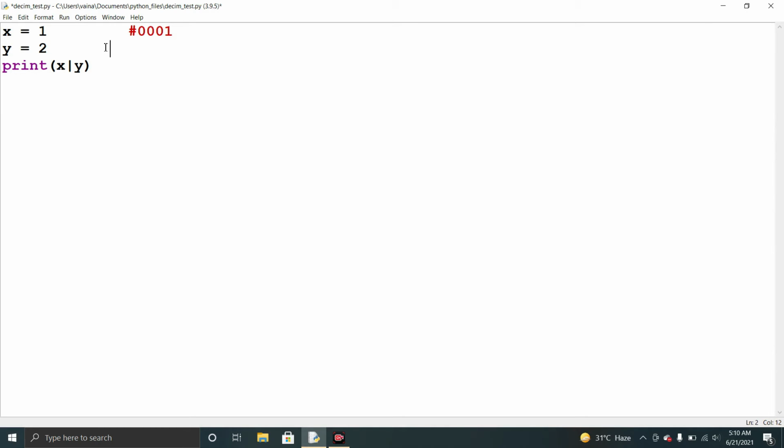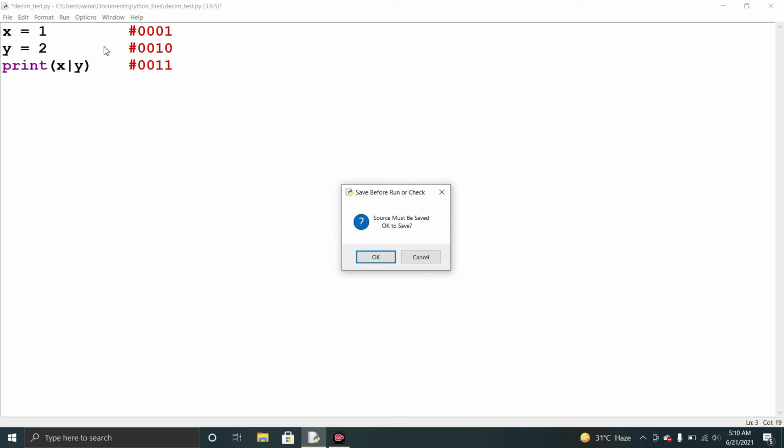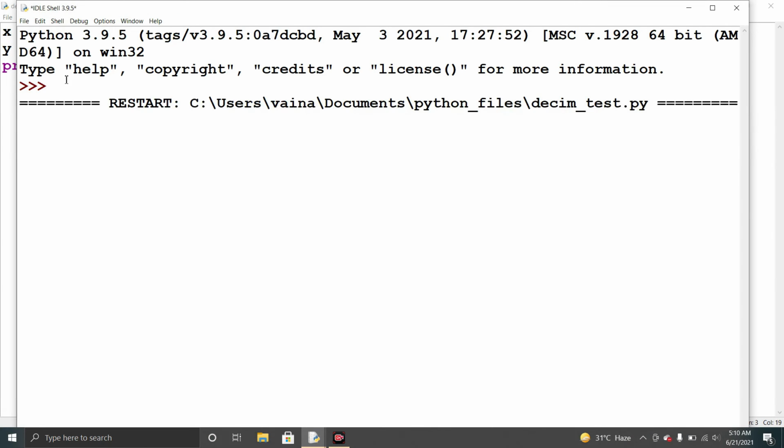The equivalent binary number for 2 is 0010. If we do the OR operation between these two, we get 0011, and the output will be 3. The equivalent number of 0011 is 3. So when we run it we get the OR output as 3.